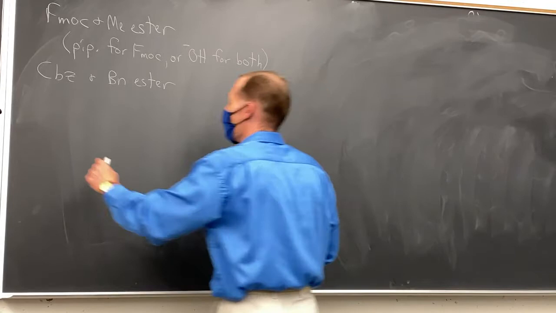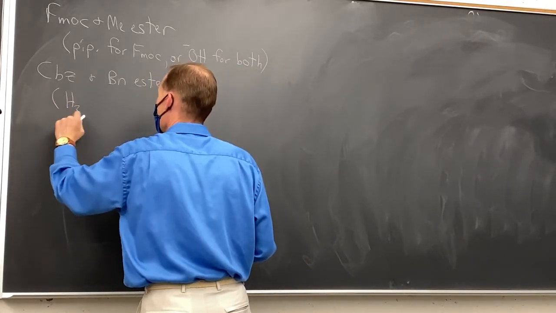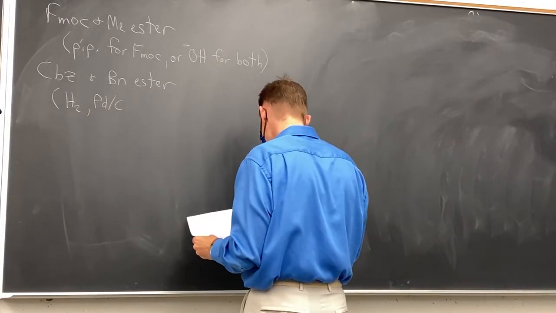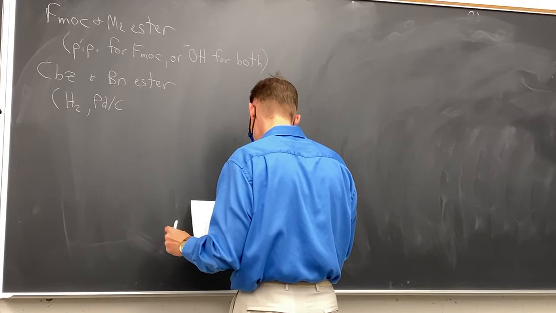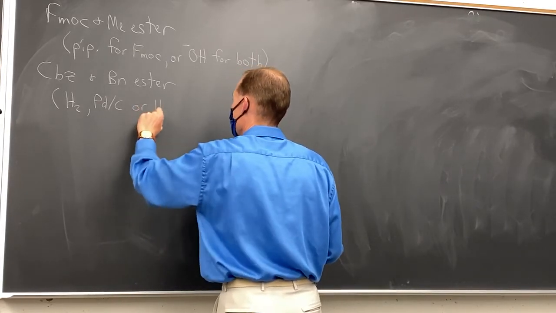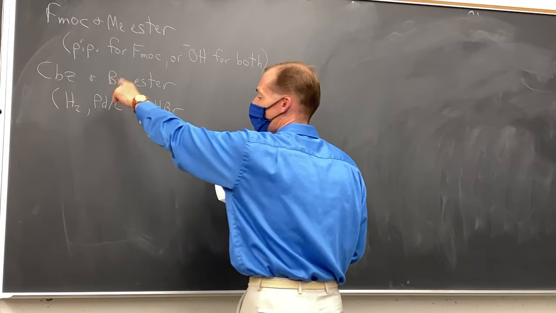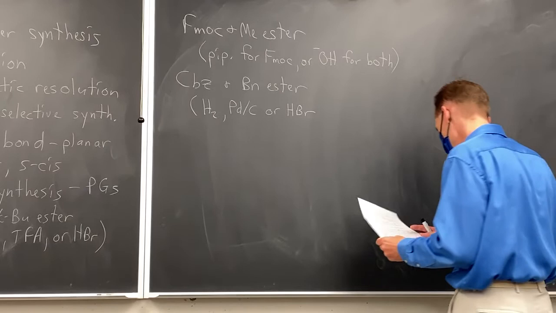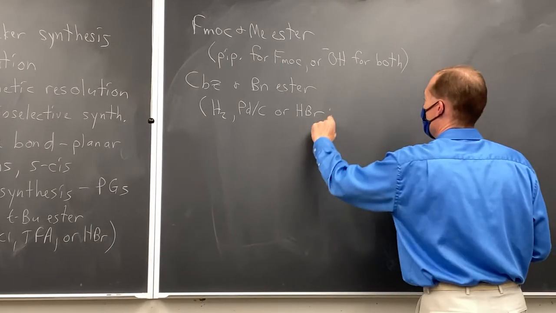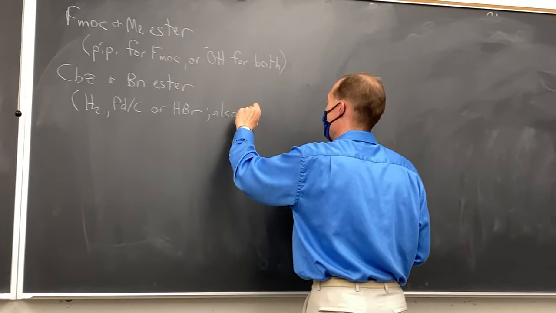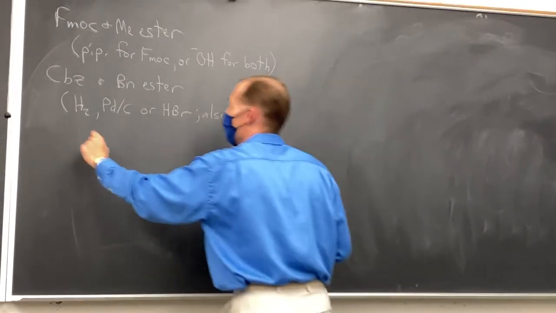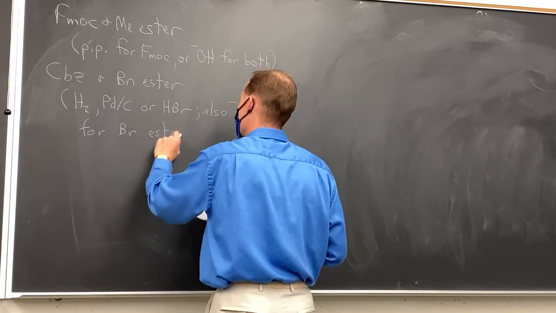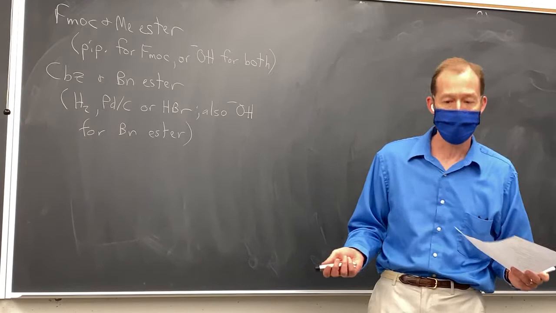So the Cbz and the benzyl ester, those are cleaved using hydrogen and palladium on carbon. And then you can also use HBr. So that allows you to cleave these groups as well as a Boc or a tert-butyl ester. So HBr is a useful method. You can also use hydroxide for the benzyl ester, but not the Cbz. The Cbz is not cleaved using hydroxide. So